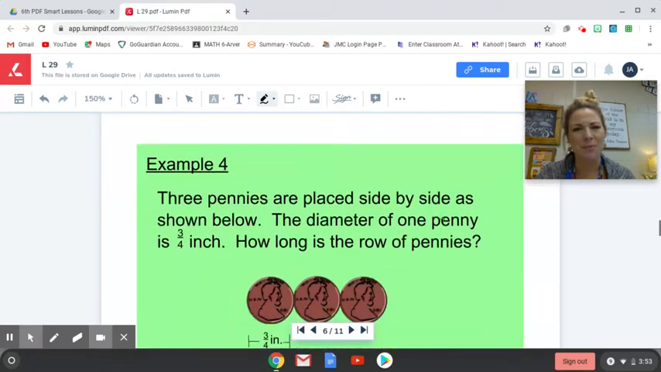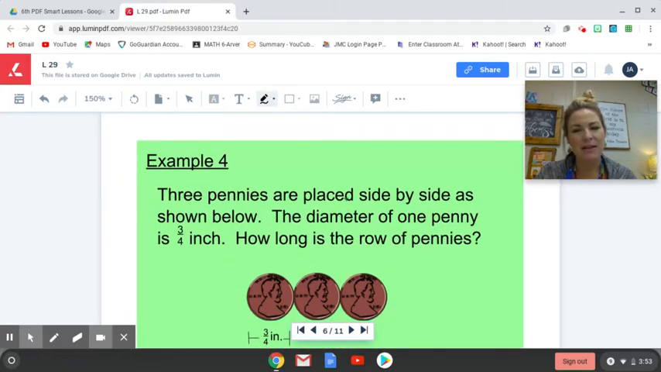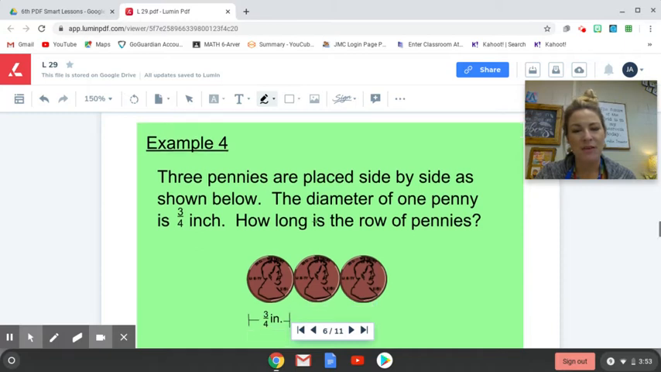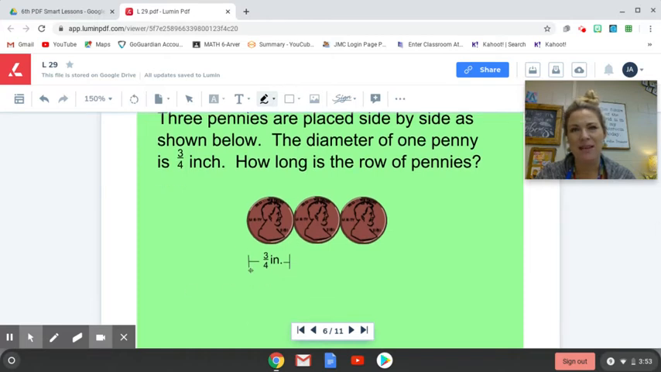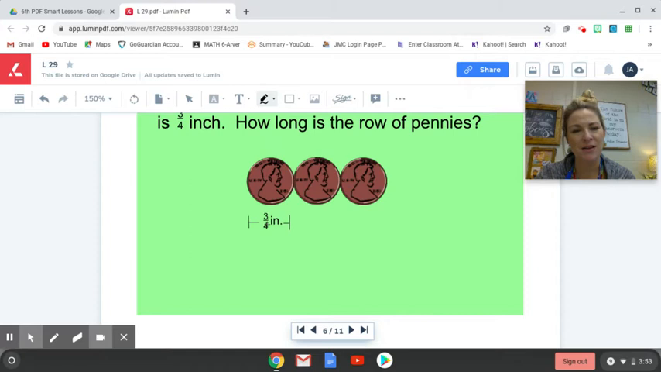Lots of examples in today's lesson. 3 pennies are placed side by side as shown below. The diameter of 1 penny is 3/4 of an inch. How long is the row of pennies? Basically, what they're asking us to do here is to take 3/4 times 3, right? So 3/4 times 3,